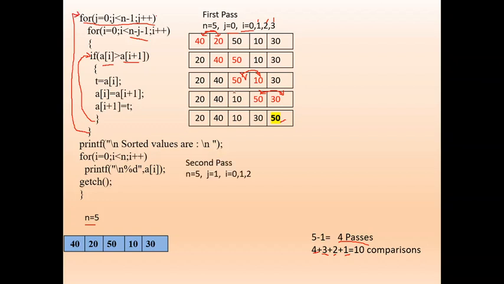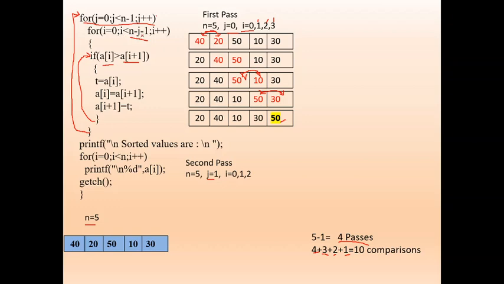In the second pass my j value will be 1. N is 5, that is the same. J value will be incremented by 1. So my i value will be 0, 1, 2. You see, i is less than n minus j minus 1. N is 5, 5 minus 1 is 4, 4 minus 1 is 3.